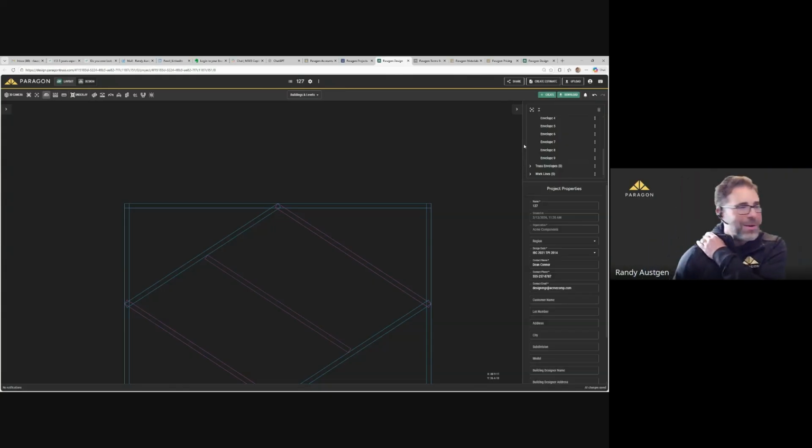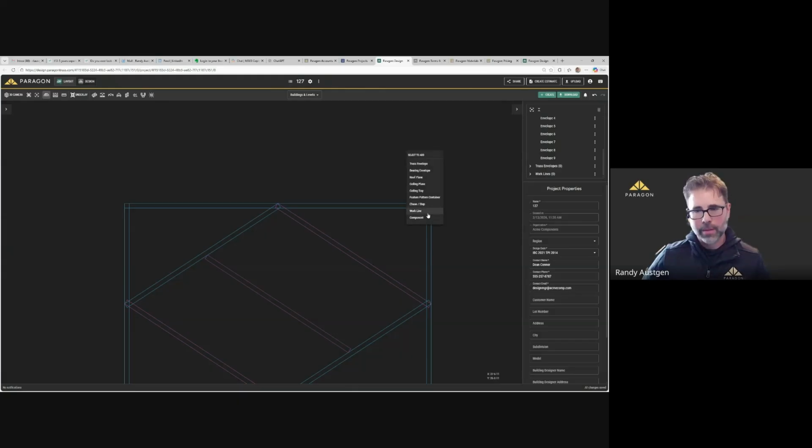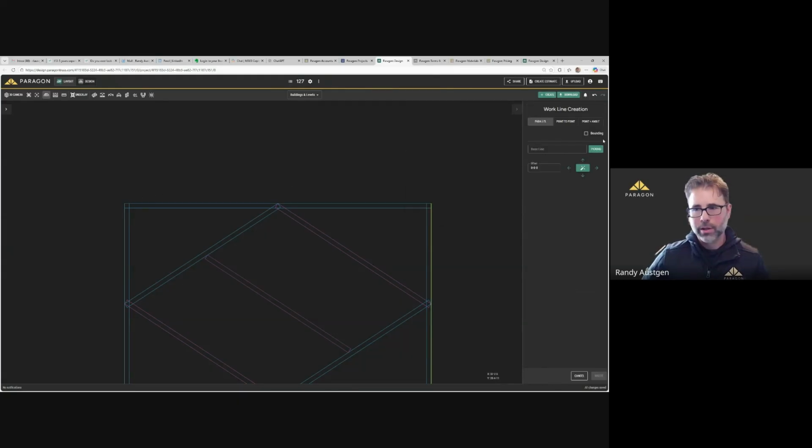Tracing. So as far as angles go, especially radius walls or arched walls, the best that I found is to trace either a DXF or a PDF underlay. And if not, then you are dropping in the work line in this particular case. So we could go into here, point and angle. We're going to select our start point. We're going to say I want this to go up 45 degrees and so on. So we would go here, and